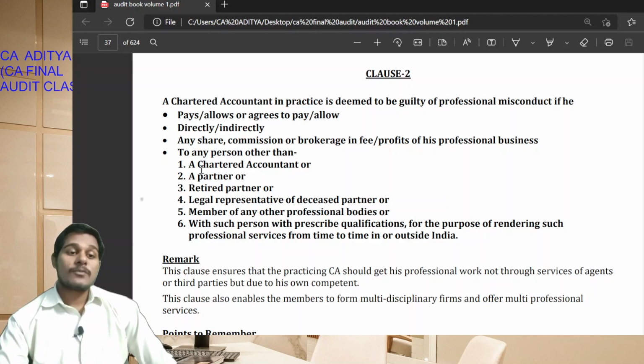That is, if he pays or agrees to pay any share or commission to these persons, that is persons 1 to 6, then he is not professionally disqualified. Other than these persons, if he pays any commission or brokerage, then he will be disqualified. Okay students,